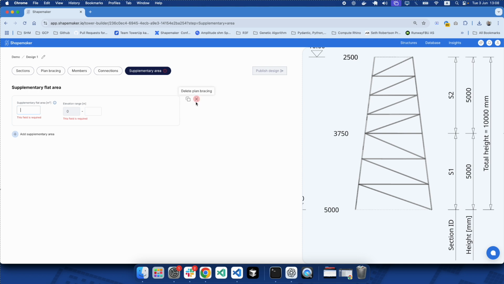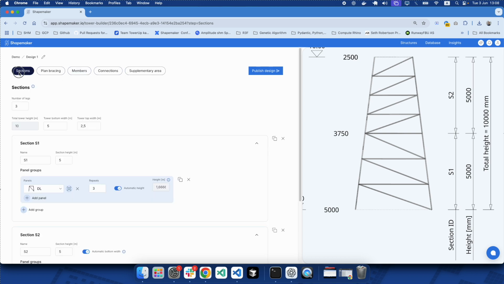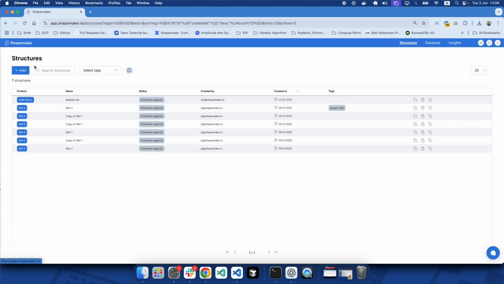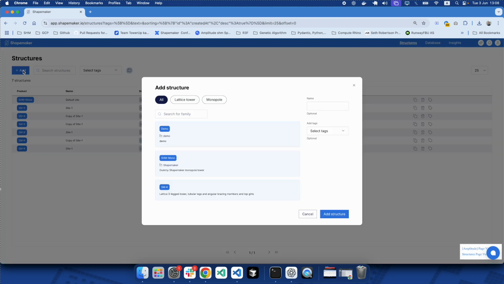within an elevation. Once you're done with all the data, you can publish your design. And once you have published it, you should see it in this list, which means it's accessible from the structures page. So if we click on add, we should see the structure family appear in the list, and we can add a new structure with a name demo structure,